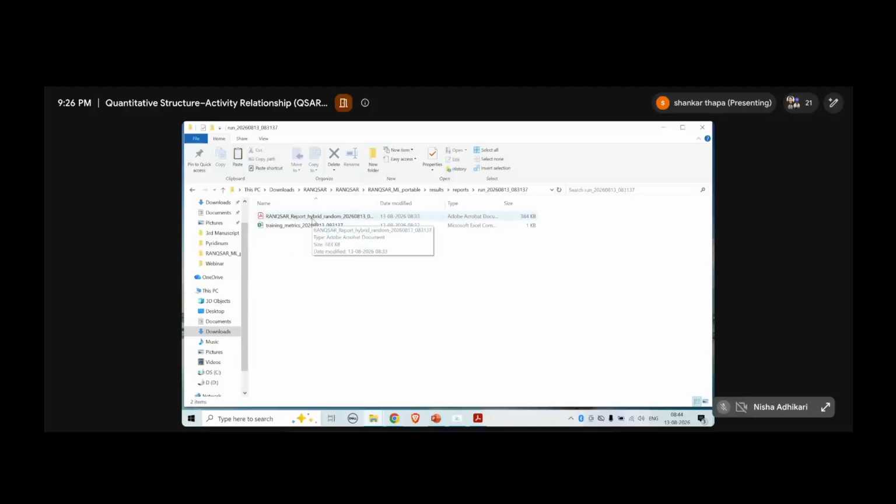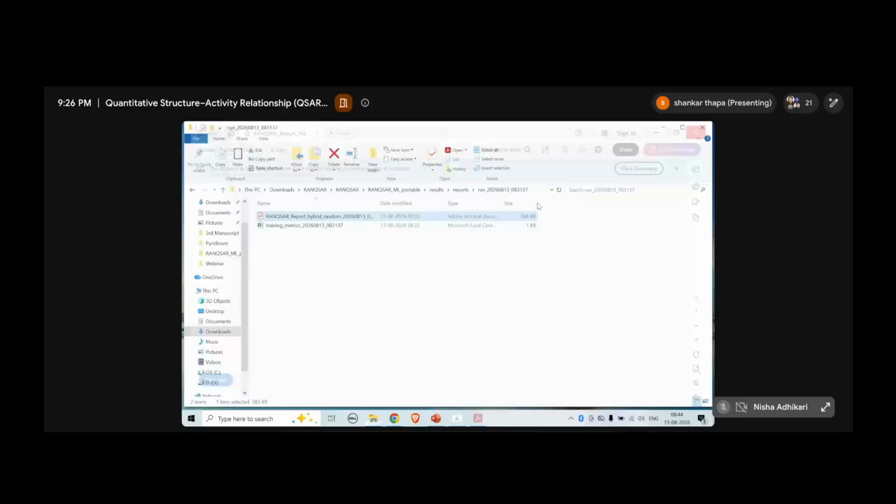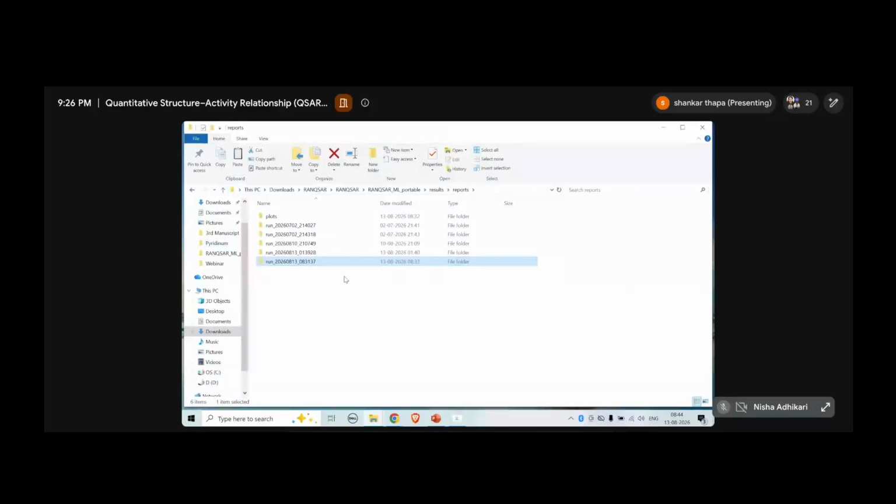This is the one from today's experiment, so all the results will be available in that one. These other results I did previously, but they are still available there. The predicted value you can get from the predictions. These models are also there, so you can use those models in the near future. You can open this and again do the things.